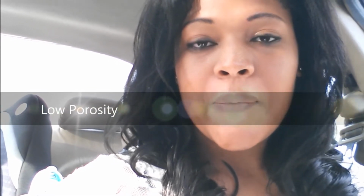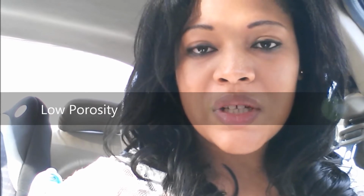If you want to think of it like scales or shingles on a house, your hair is covered in these. And when you have low porosity hair, those shingles or scales are closed really tightly over the cortex, or the center of your hair, which means it might be harder for low porosity people to get moisture into their hair. So your hair might seem really dry, and even though you use products, you don't really see a result from it. If you feel like you put products on your hair and it just sits on your hair and doesn't absorb, most likely you have low porosity hair,